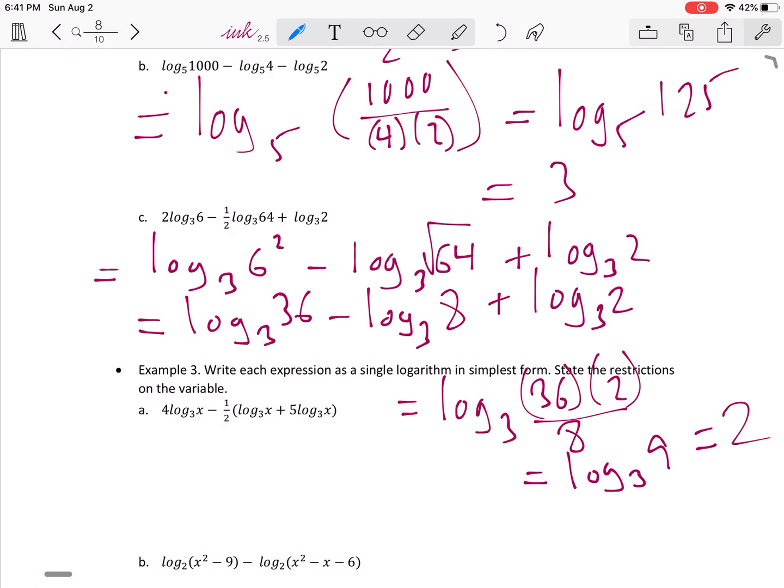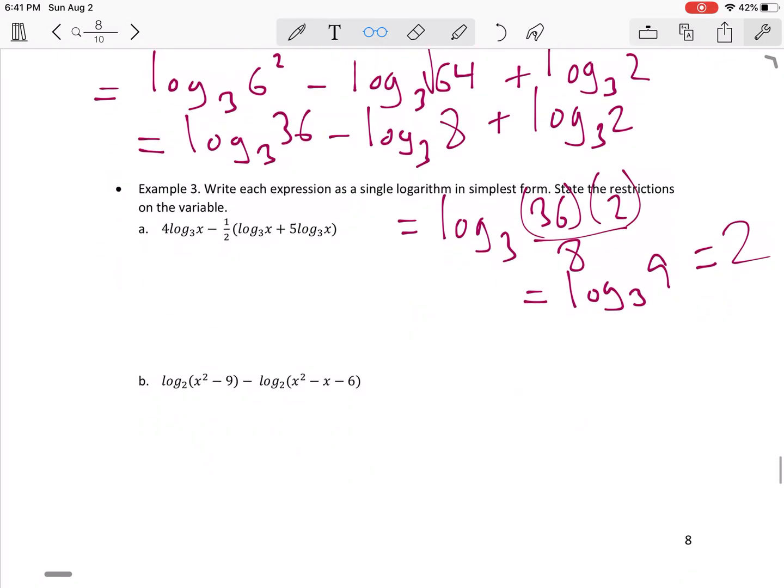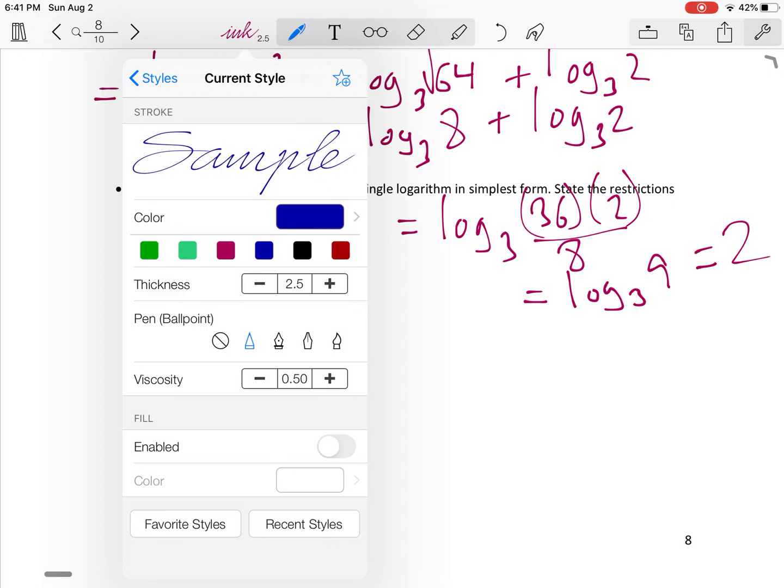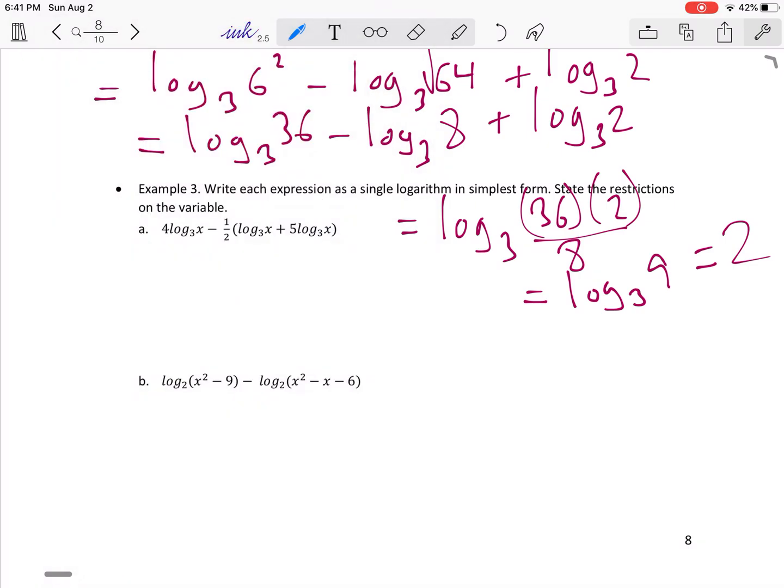Okay, last one here. So now we're adding some brackets. Okay, so it doesn't matter, we still treat this the same way. This is going to be equal to log base 3 of x to the power of 4 minus, so that 1/2 that's in front of the brackets is just going to be distributed to everything within the brackets. So that's going to be minus log base 3 of x to the 1/2